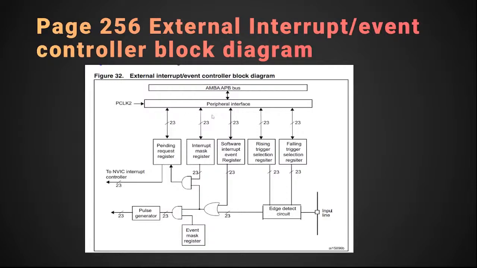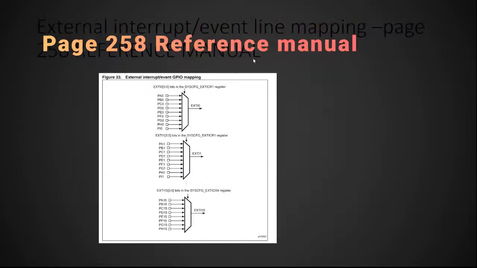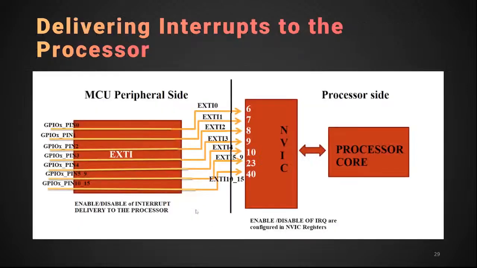So the external interrupt event controller block diagram. You can get this from page number 256 of the reference manual. For PC13, we need EXTI13. Okay, PC13, because if it is PC0, then we have to take EXTI0. PC1 is EXTI1. So for us, it's EXTI13. Okay, PC13 is EXTI13. So these GPIO pins are connected to the EXTI,